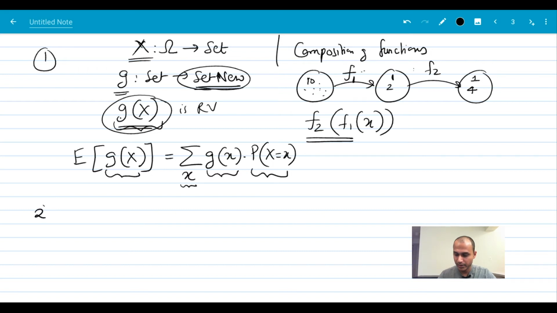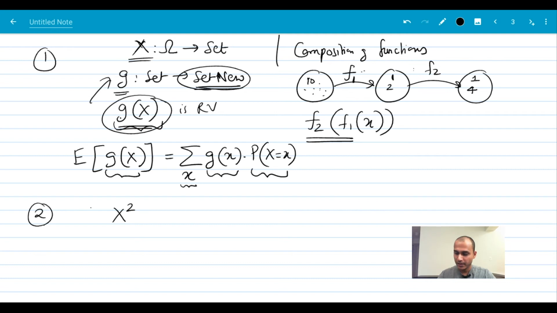The second point is a simple point. Just like this function x, if the g function in particular is a square function, then instead of using additional notation, I would just use x squared to represent another composed function. The original random variable got squared.